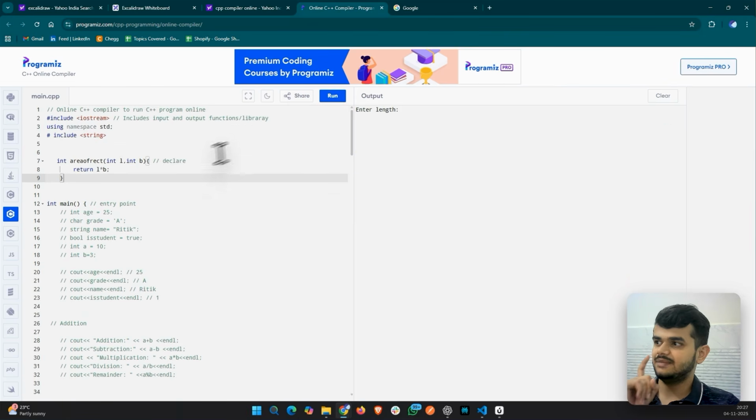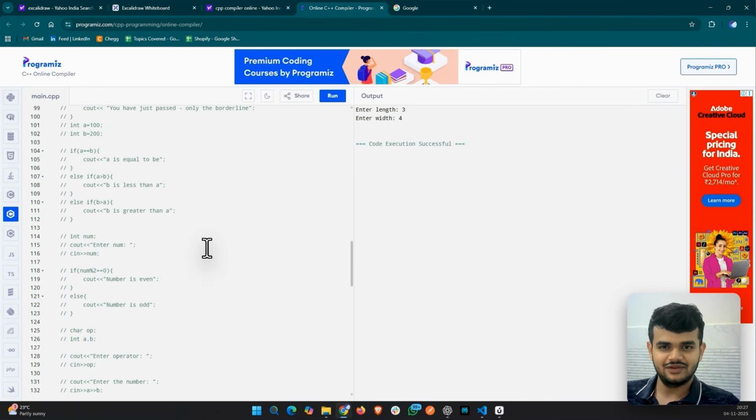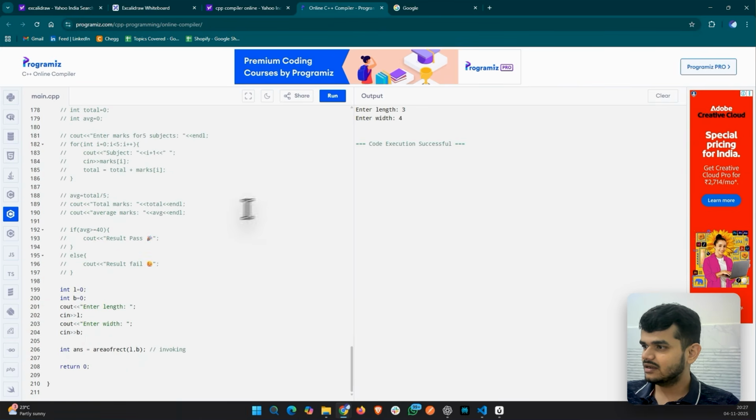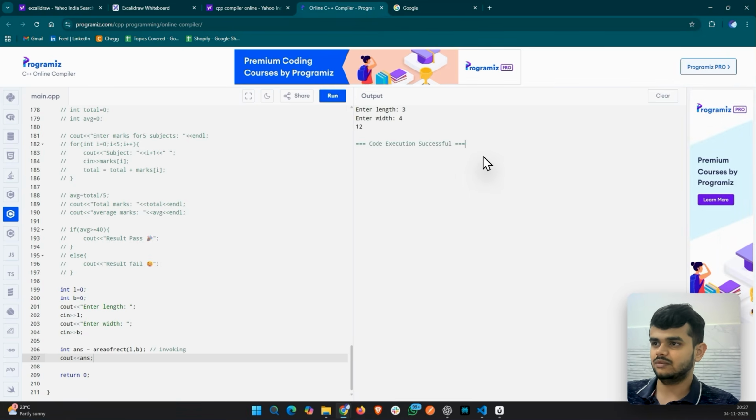So see, now there are no errors. That means the declaration should happen outside int main. Always make sure of this. So length I write as 3, breadth or width I write as 4. Okay, I think we are not printing the value, so we can do that. Since now my value is in answer, I can say cout answer. Okay, I click on run, I say length as 3, I say breadth as 4, and I get the answer